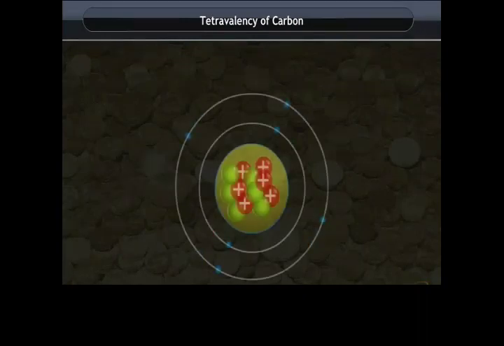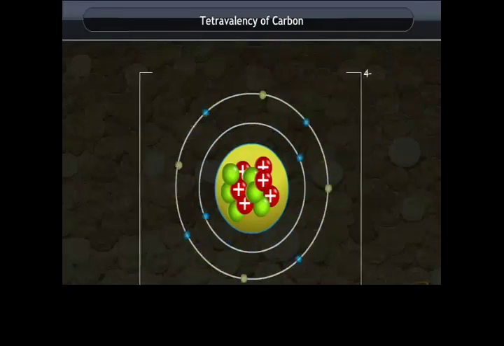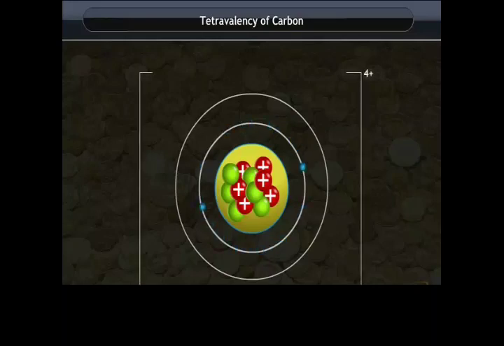Tetravalency of carbon. Let us understand that carbon has tetravalency. Carbon has 4 electrons in its outermost shell and needs to gain or lose 4 electrons to attain a noble gas configuration. If it were to gain electrons, it could gain 4 electrons forming a C4- anion. But it would be difficult for the nucleus with 6 protons to hold on to 10 electrons, that is 4 extra electrons. It could lose 4 electrons forming a C4+ cation, but it would require a large amount of energy